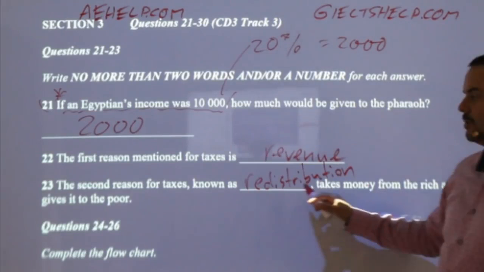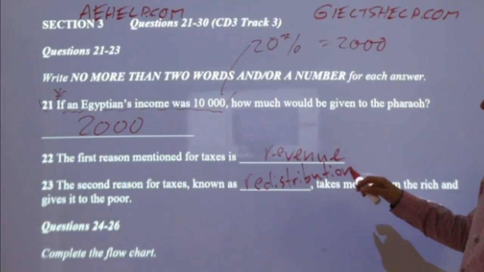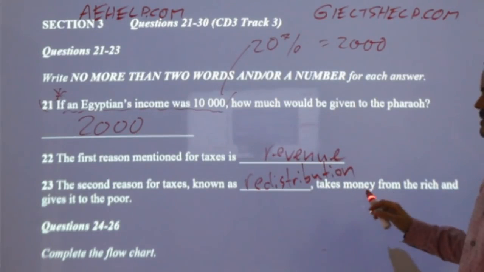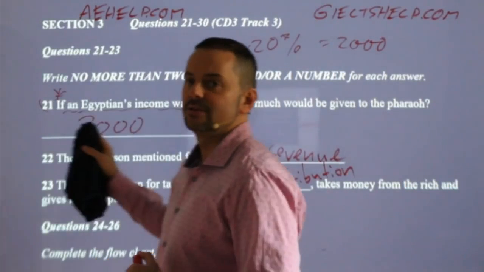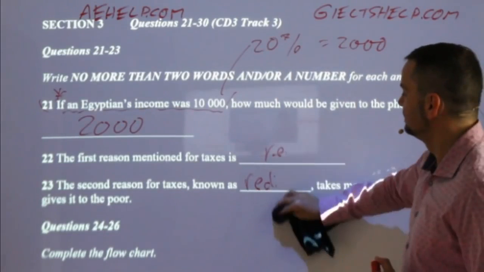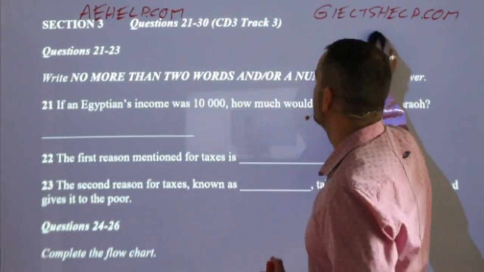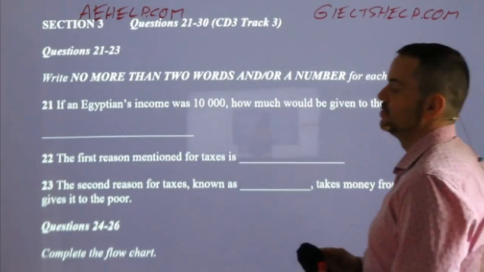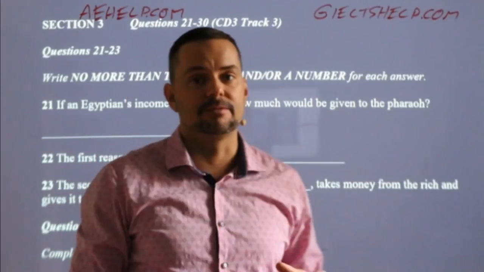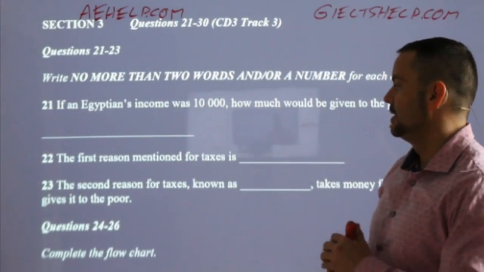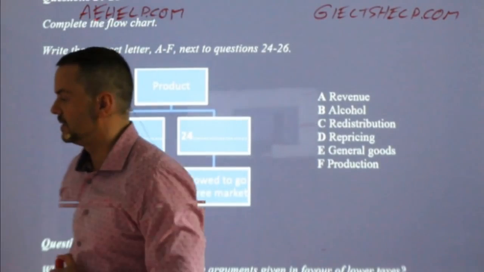Here, the grammar was different in the audio, but as long as you paid careful attention, they did emphasize that redistribution is the second reason for taxes. So good for those students who are following carefully, visualizing. Okay, good. Excellent, good. Well done. Almost for sure in the IELTS there will be one question, maybe even two in the listening section that require you to do a little bit of math, a little bit of inferencing from a combination of information that you hear. All right, so let's look at the next set, which was a flowchart completion.